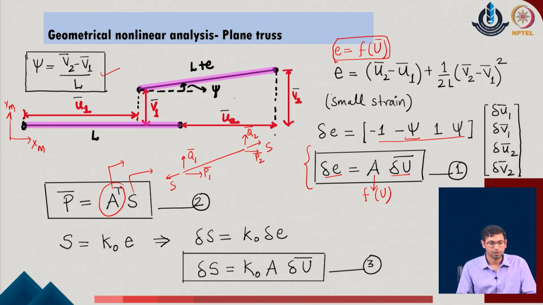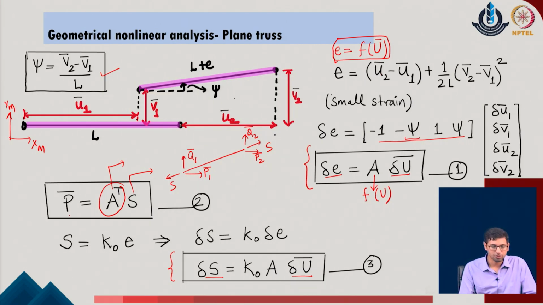In a similar manner, finally, we identified the material constitutive rule, and through that we were able to define the small change in the member forces in terms of the nodal displacements of the given system. So, the basic idea of the whole approach is that we define the basic relationships of kinematics, equilibrium and the material constitutive rule of the given system, and we express everything in terms of the displacement parameters.